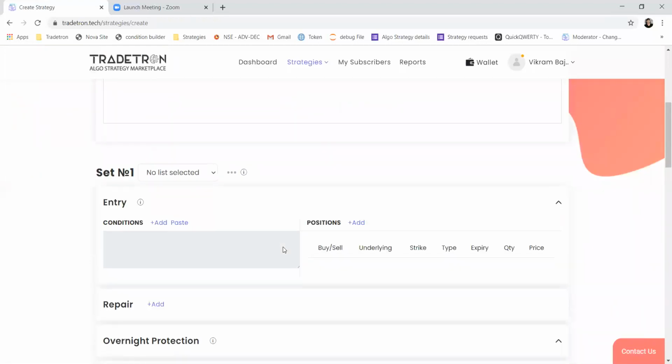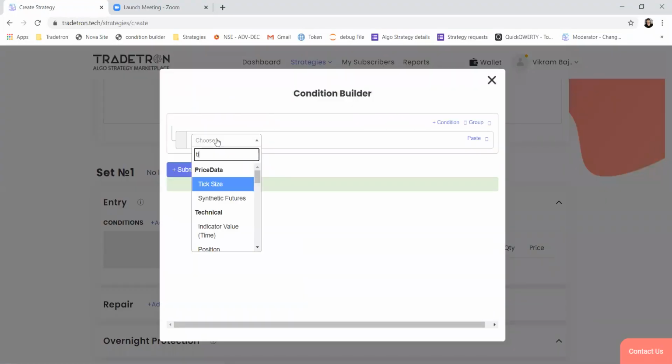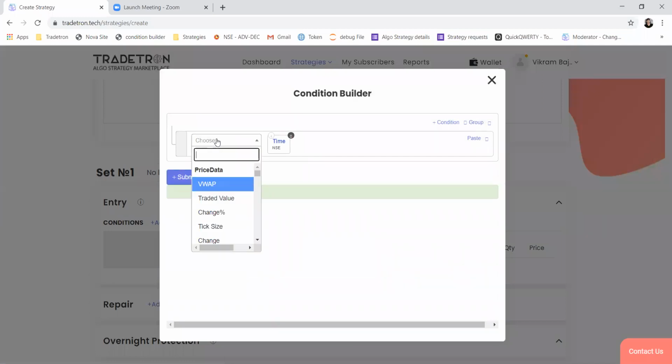So we'll keep it like to trade it once every month. But many people try to create strategies where they want to add stocks every day with small quantity. They want to keep trading every day. So even that is possible. But we'll check the monthly one, how to configure it. So in this, we will fix a time at what time we will take those trades. So let's fix it as